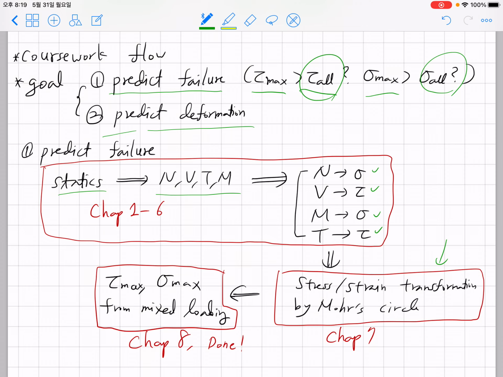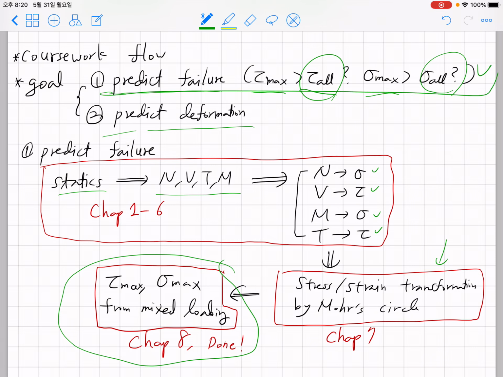Because the general 3D stress strain transformation is beyond the scope of this course, we learned the so-called Mohr circle method to visually memorize the stress and strain transformation formula. After we learned the Mohr circle concept, we solved quite complex mixed loading problems to obtain maximum shear stress and maximum normal stress, and we handled several of these problems in the chapter 8 lectures. Okay, so with this we finalized the lectures on the first goal, predict failure,